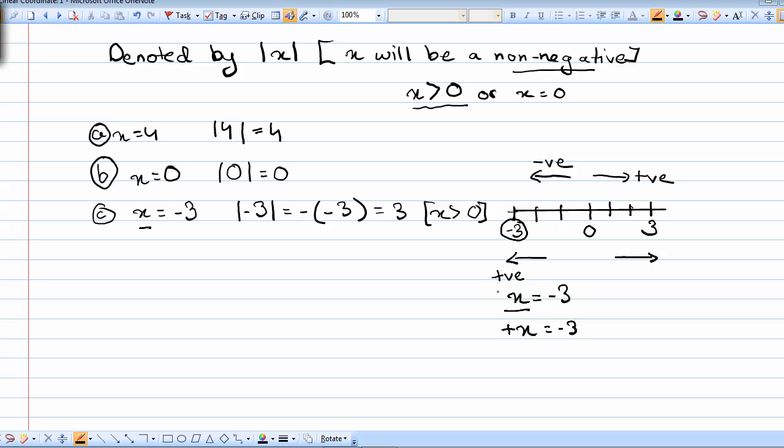So this positive x contains -3. So what does the opposite x contain? We will always denote the opposite with the opposite symbol, just like we have seen earlier when we consider one side to have all the positive values, when we consider all this